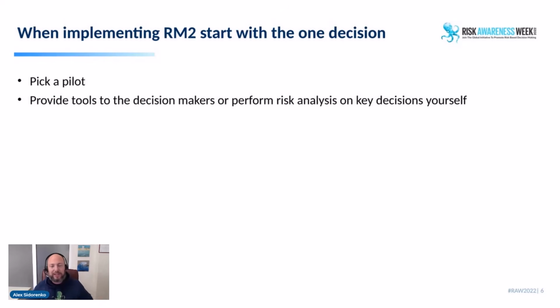So, risk management 2. Let's talk about some real stuff now. So first, risk management 2, the underlying idea behind risk management 2 is that risk is a decision-making tool. Risk analysis supports decision-making. So what I would normally do when I join a new organization, and this is exactly what I did 3 years ago when I joined Eurochem, and this is exactly what I did 7 years ago when I joined the private equity fund.